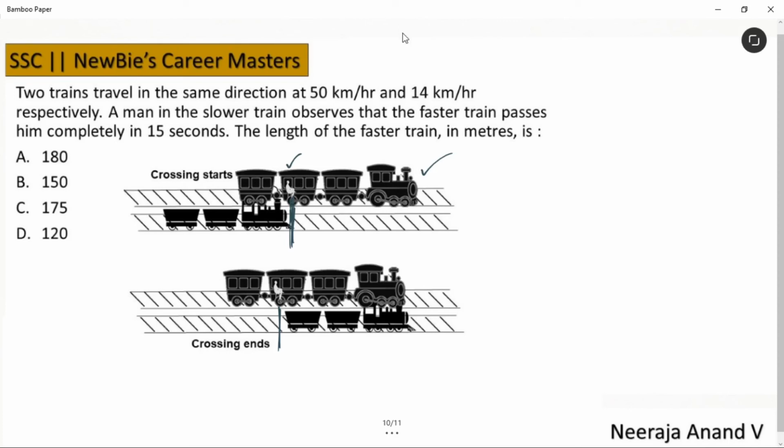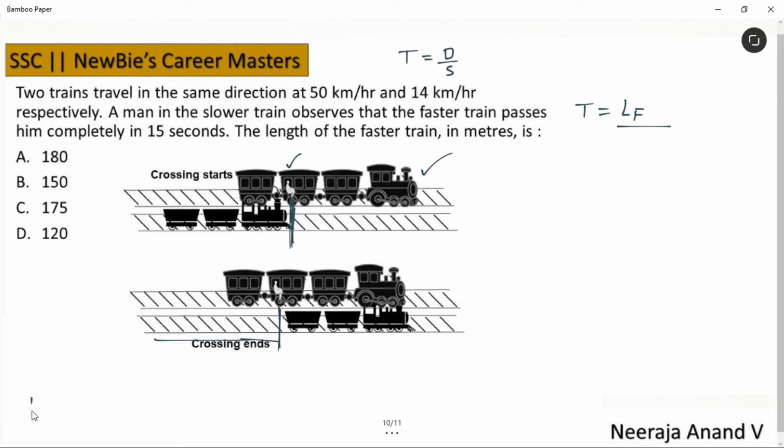Okay. Now, time is equal to distance by speed. Time taken to cross the man is just the length of this faster train. Am I clear? Just it has to cover its own length. That's it. Understand this. The crossing starts from here and the crossing ends like this. The train has covered only this much distance. What is that distance? It's its own length. Now, speed. Yes, here we should be very careful because this man is having the speed. What is the speed? This train speed.